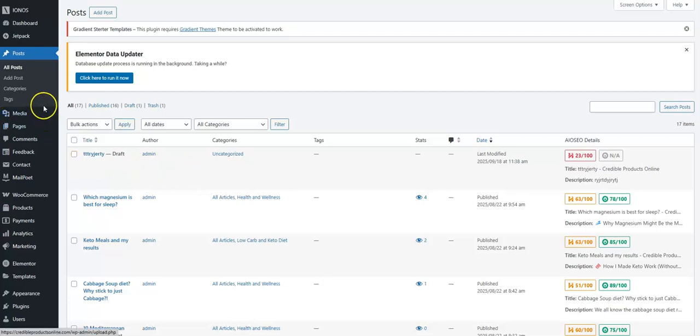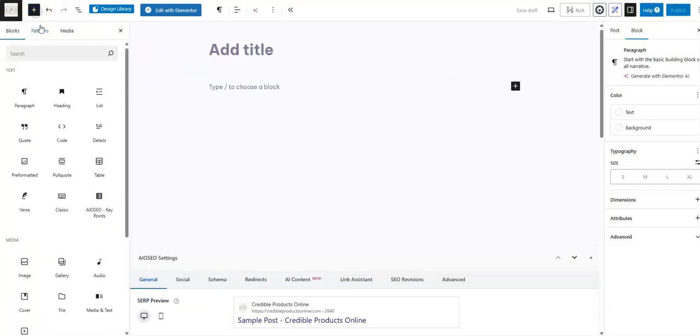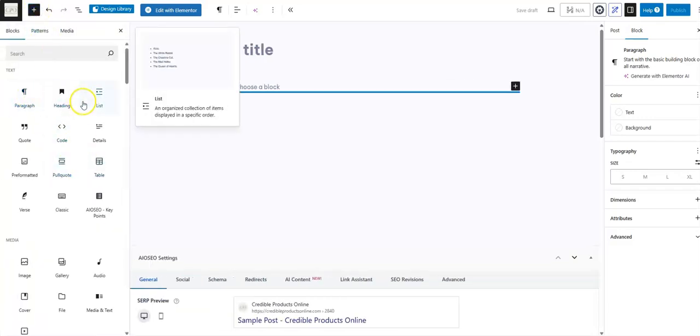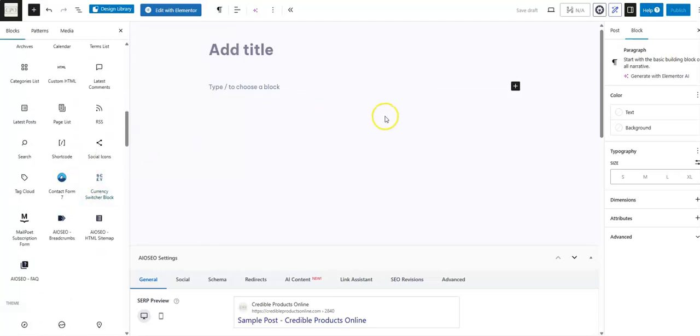And what you want to do is go up to the left here and click add post, or you can go to the top, which is convenient, and click add post. Okay, so this will then bring up the new post screen, and from here you can then start adding in your various headings, paragraphs, media and so on into your new